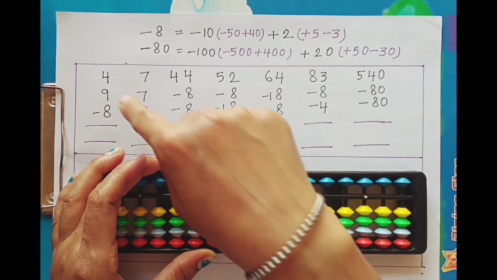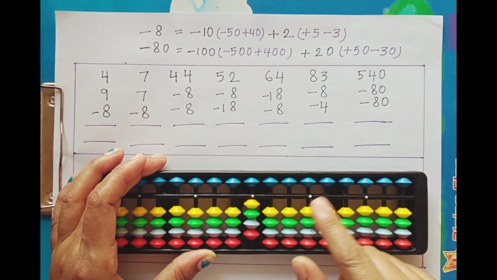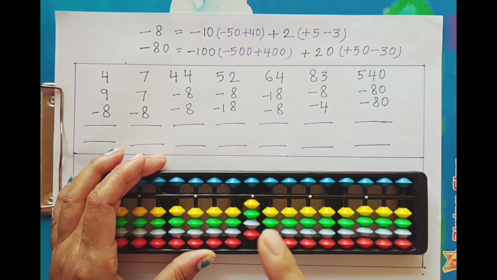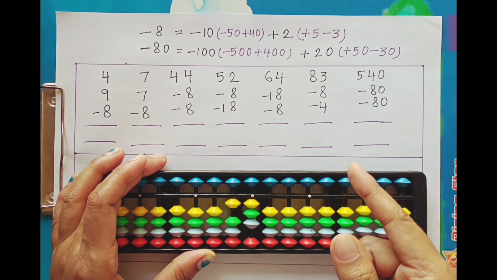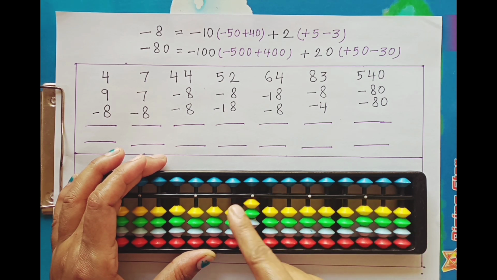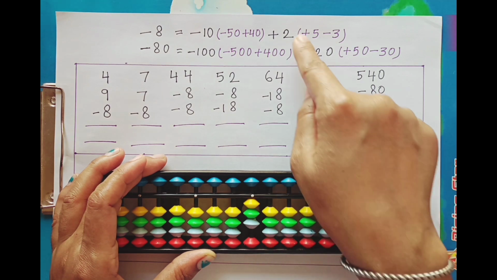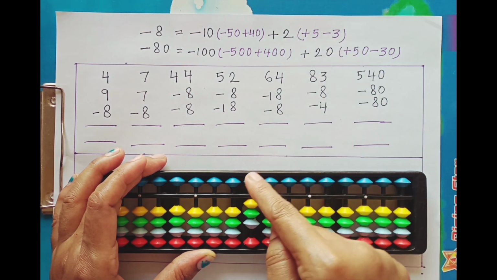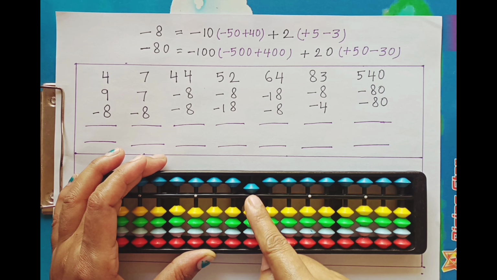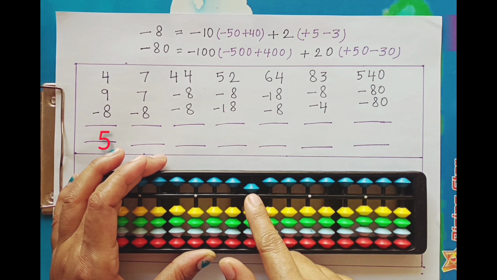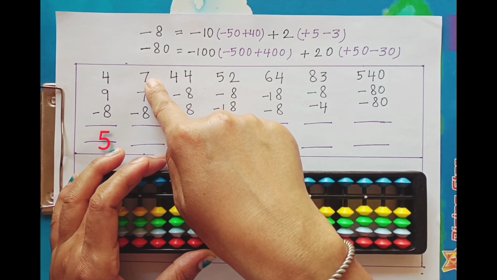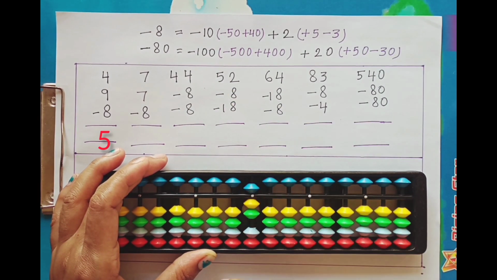4 plus 9. We cannot add 9 directly. To apply tens complements, we need to add a 10, subtract a 1. Then subtract 8. We cannot subtract 8 directly. To apply tens complements, we need to subtract a 10, add a 2. We can subtract a 10 but we cannot add a 2. To add a 2, we need to apply a different formula. Add a 5, subtract a 3. That is the mixed complements we have applied to subtract an 8. The answer is 5.